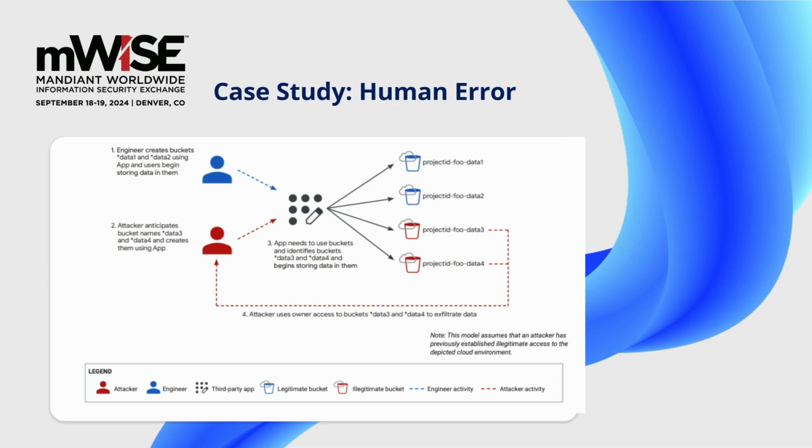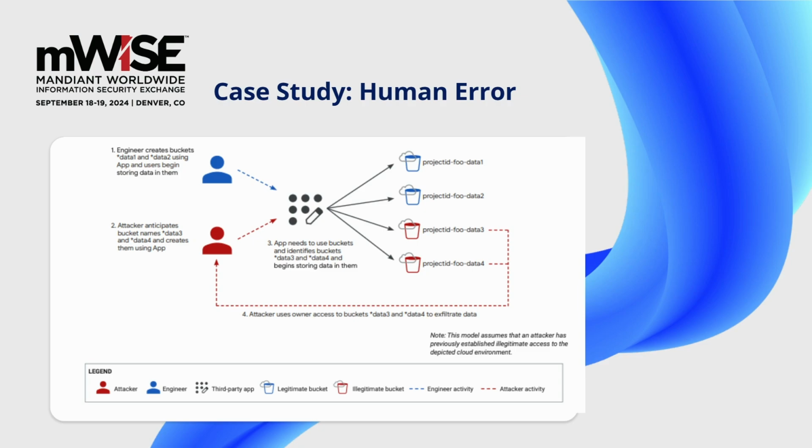In this particular circumstance, we have an attacker that's already in the cloud environment for an organization. So go into it with that assumption in place. What had happened was we had an engineer that had an application that needed buckets to store data in, pretty reasonably. And the engineer did what any good engineer would do. They made the buckets in a sequential order that made sense. So it was project ID 1, project ID 2, project ID 3,